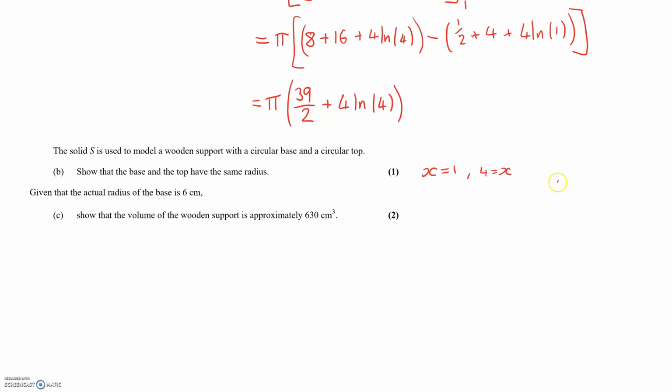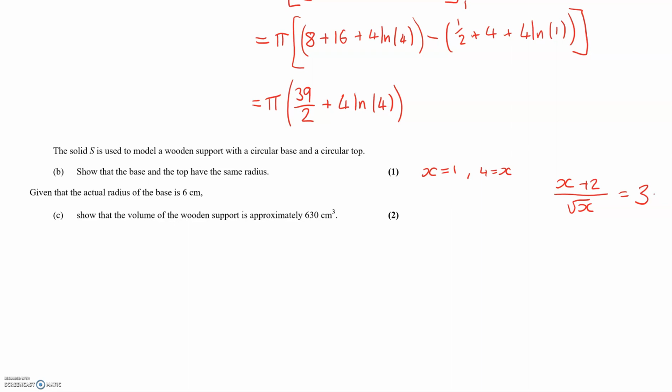In both of those circumstances, the original function, x plus 2 over the square root of x, is equal. We have 3 over 1 and we have 6 over root 4, which is also 6 over 2, which is also 3 over 1. So in both circumstances, this value is 3, so the radius is the same for the